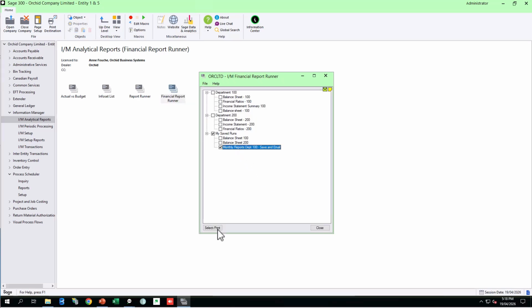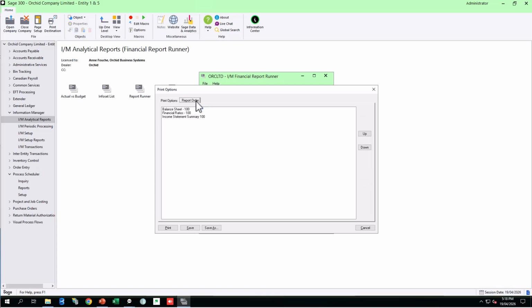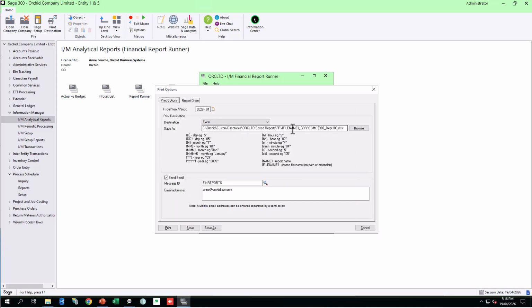By selecting a saved run, you can predetermine the path where these files are to go, the naming convention you want for the files, and if you want to email, it can pre-save who your email list is. You can have multiple email addresses separated by a semicolon. At the time of running, it's going to run these 3 reports in that order, save them in this directory using the original file name and adding year, month, day, _ Department 100 to the reports, and email it to Anne, and this is the fiscal year and period